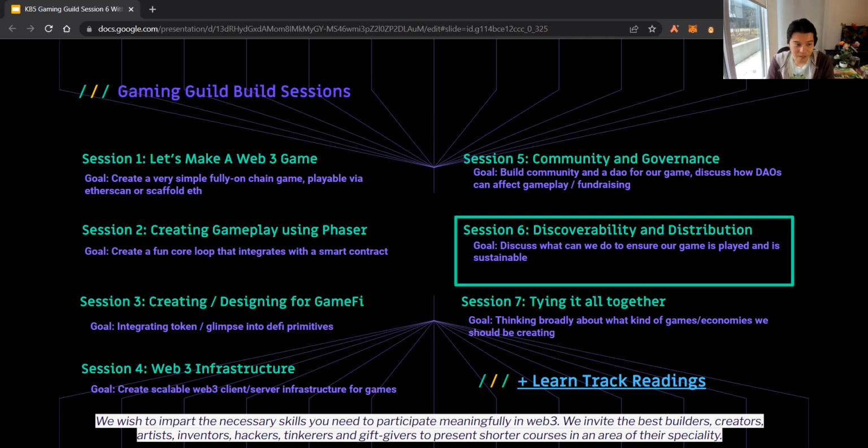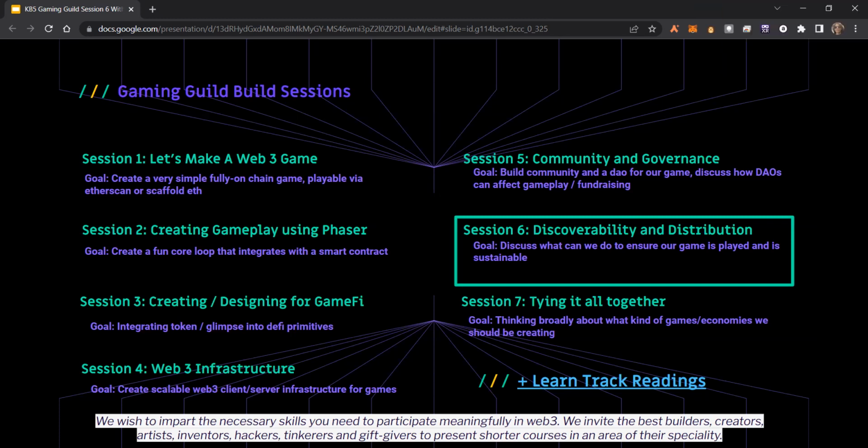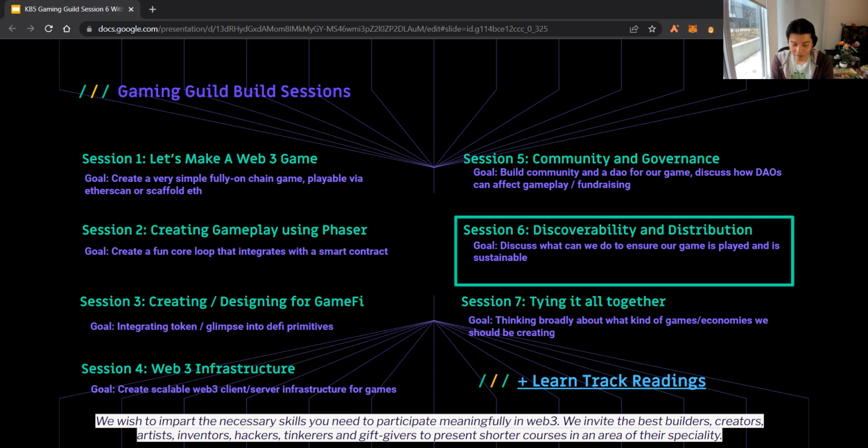It has to be discoverable. It has to be spread to the people who need to hear about it. And that's why we have Tim here. Tim has built stuff for the Loot project, which I feel is one of the most successful projects in Web3 games. And that discussion on games is really an interesting point as well. The Loot project itself isn't a traditional game, but there's a lot of playfulness to it, a lot of creation, and I'm very happy to be able to talk to Tim about that today in our session.